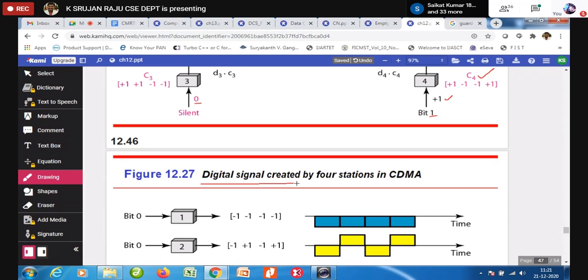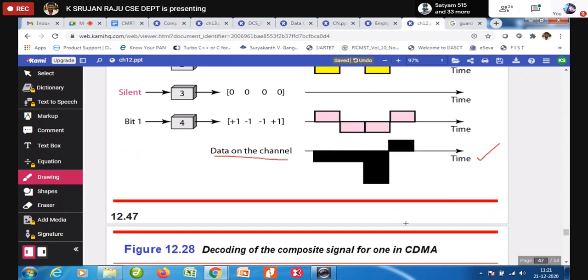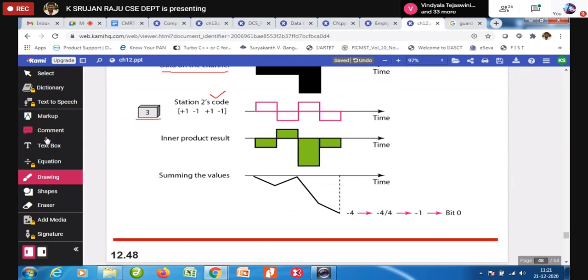See, this is the digital signal created by 4 stations in CDMA, and the data on the channel comes like this. Now how is the decoding done? The moment you receive the channel data, it is decoded like this, using the station 2 code.